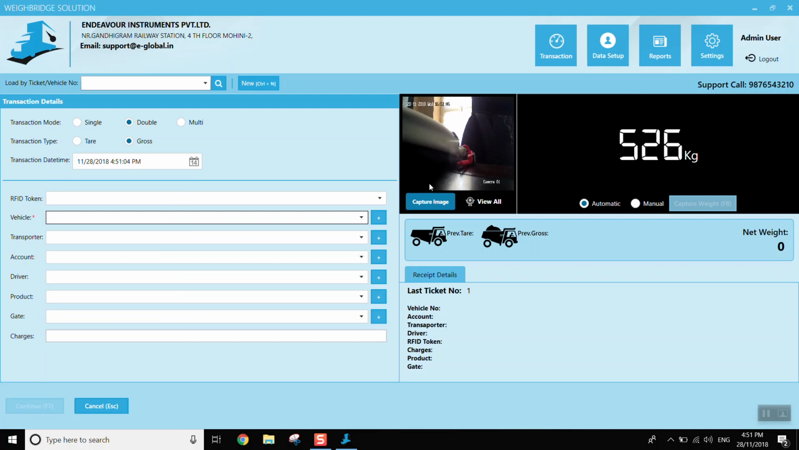So starting from the leftmost, we can see here our logo can be inserted, company name or address and email, and also the phone number can be written over here. So just after that, the fast and easy entry for the operator will be done by ticket or vehicle number directly. So in that entry, we can have multiple transaction modes like single, double mode, or multiple